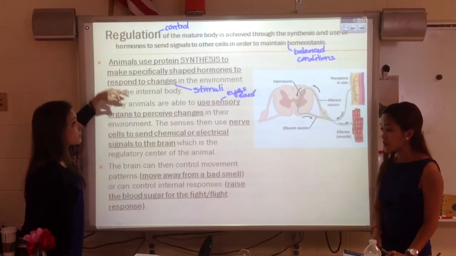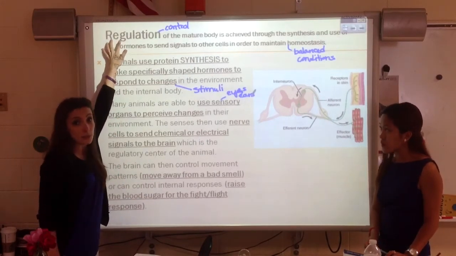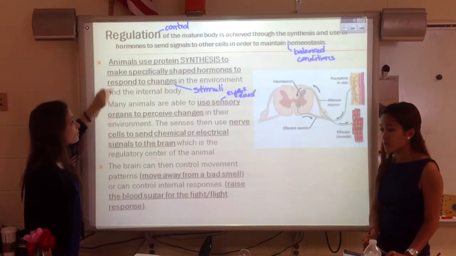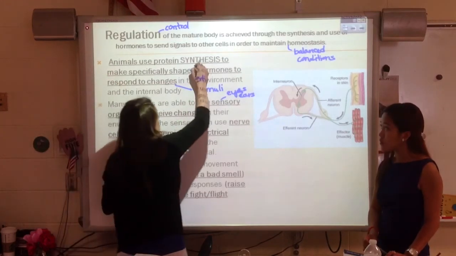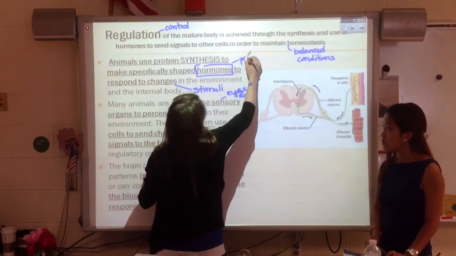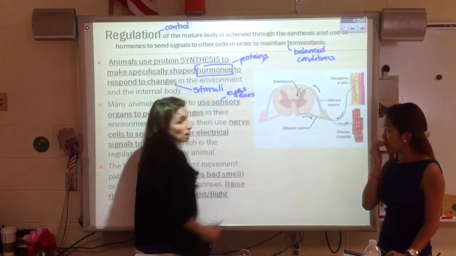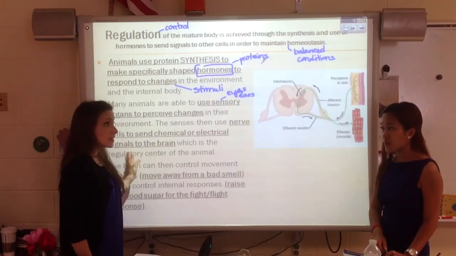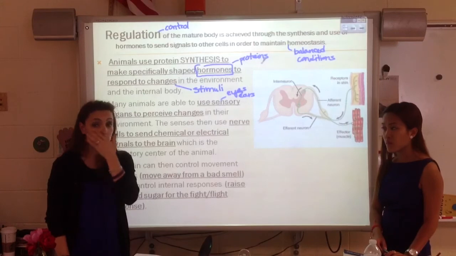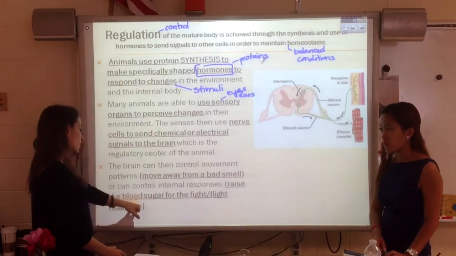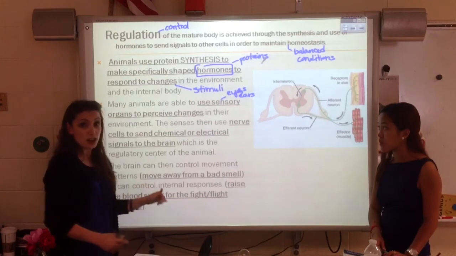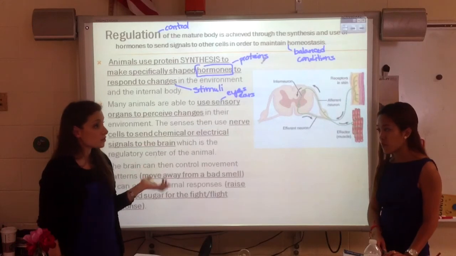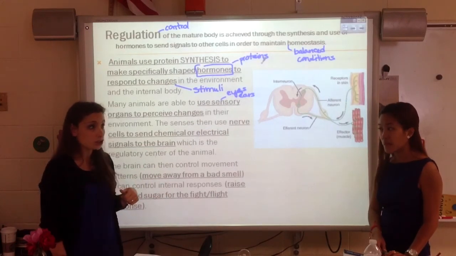And all of this comes back to being able to regulate the body, and the main way the body does that is through hormones. And so we have to be able to identify that hormones are really proteins. When we talked about plants, we said plants perform photosynthesis to make their own food. The main thing the animal makes are proteins that are going to act as hormones. So when we talk about controlling the blood sugar, what we're actually talking about is the hormone insulin and the opposite hormone, glucagon, which, if you know anyone who's diabetic, they actually have to carry glucagon shots as well.